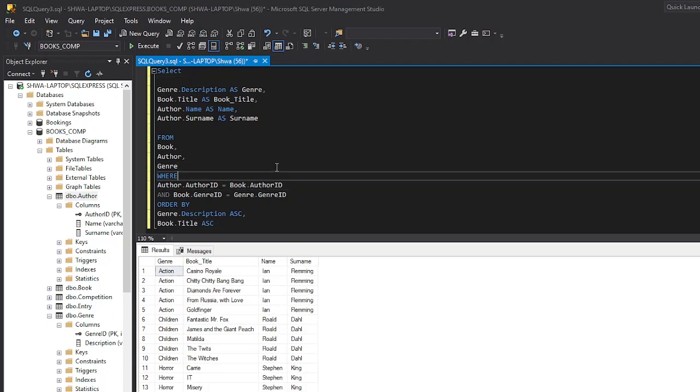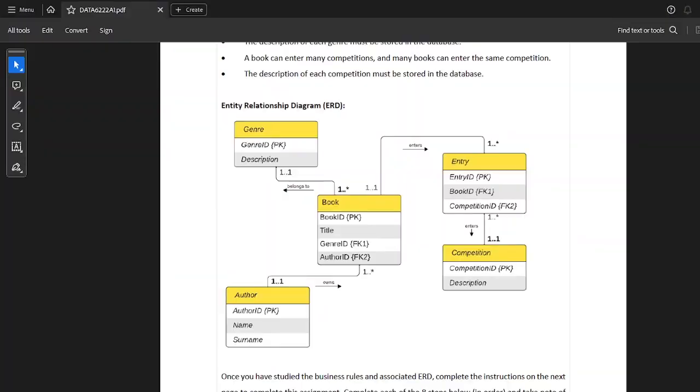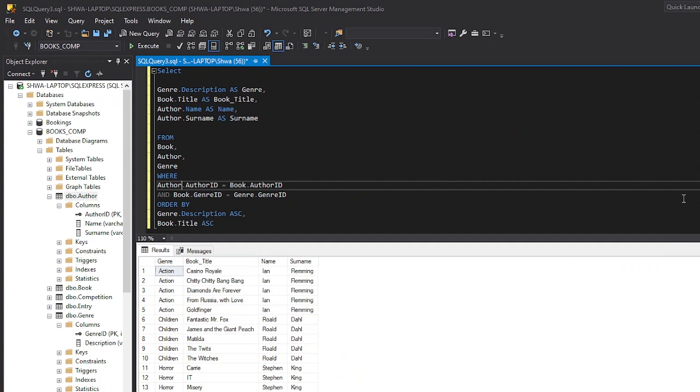Okay, so I was right. My error was that it wasn't supposed to be author.author ID equal to author.author ID. It was supposed to equal book ID, because remember, if we just look at our ERD, our book table has a foreign key from author ID, which means these two had to link up. And now after we execute this,